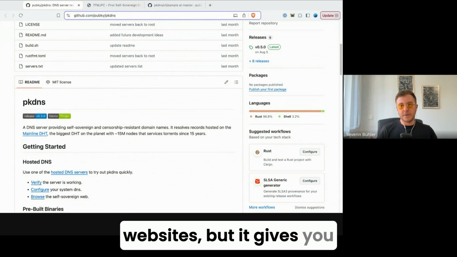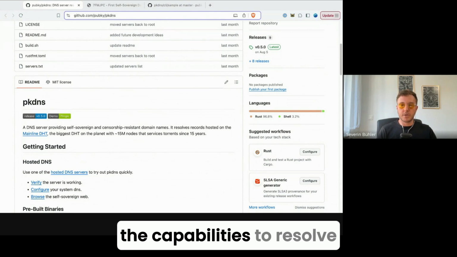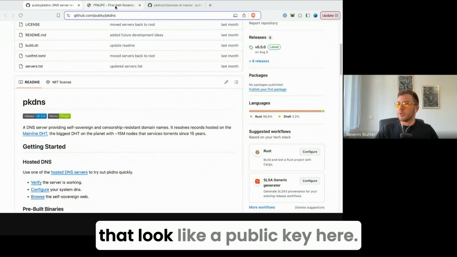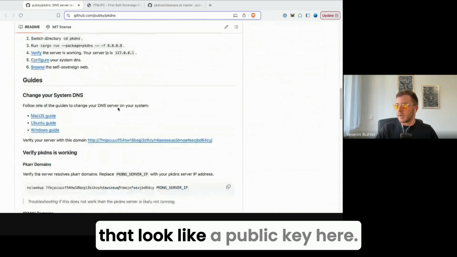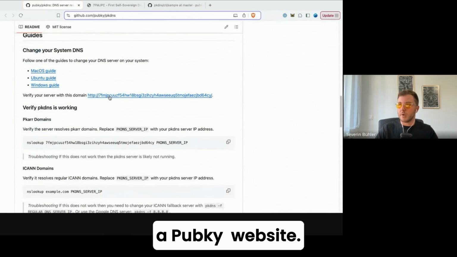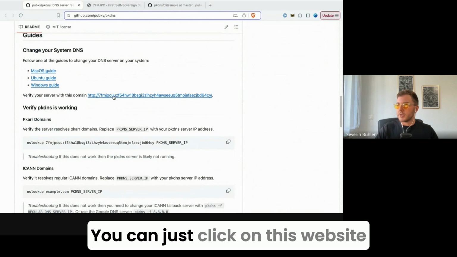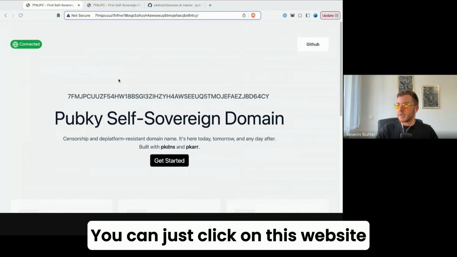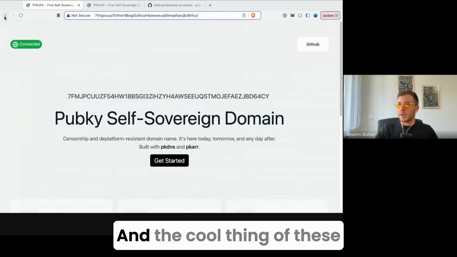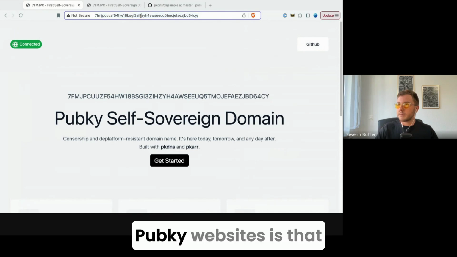but it gives you the capabilities to resolve Pubky websites, basically websites that look like a public key here. So this, for example, is a Pubky website. You can just click on this website and it will resolve. And the cool thing with these Pubky websites is that